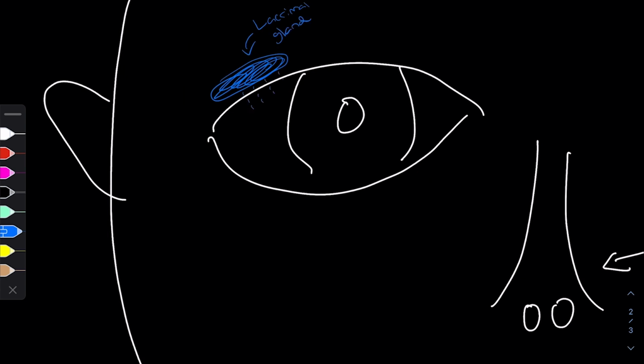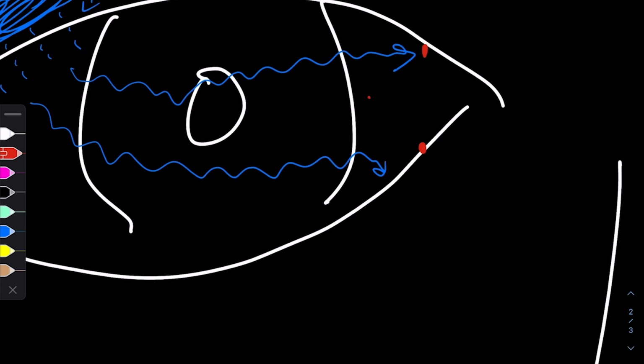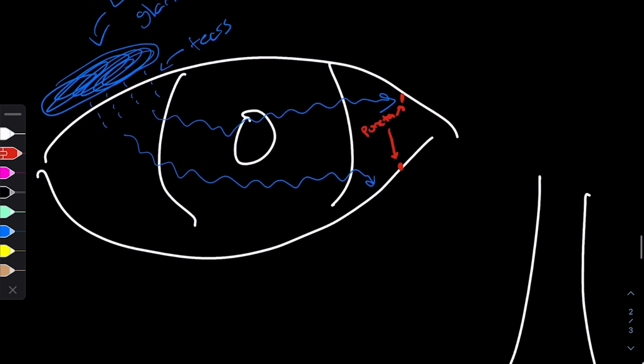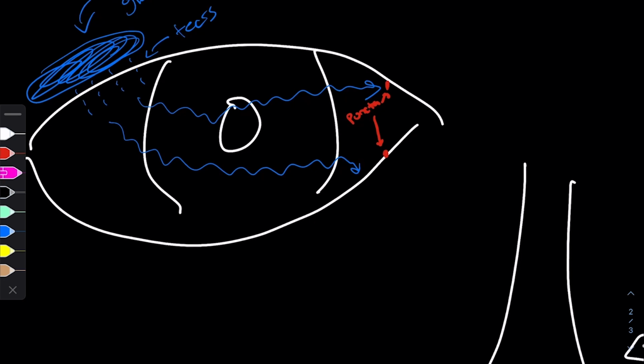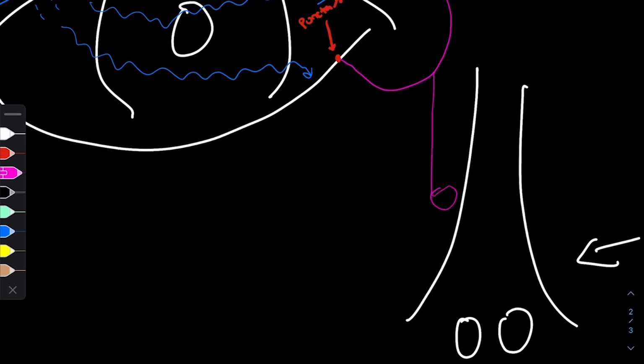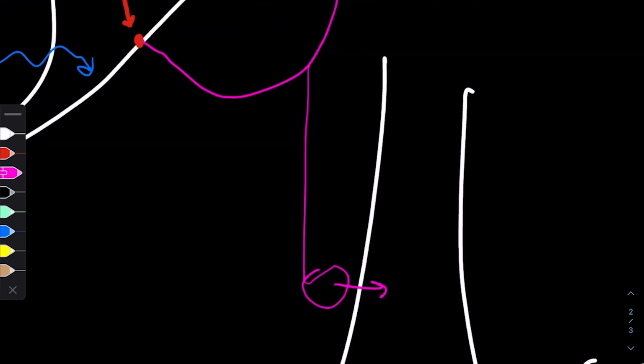It goes up there, produces some tears, flows throughout the eye, and then it drains through these two puncta on the medial side of your eye. You can actually see this puncta in the mirror if you look close enough. The puncta are then connected to some anatomic tubing that you can see that I'm drawing in pink here. And then those all drain into something called the inferior turbinate, which then drains all of that tear stuff into